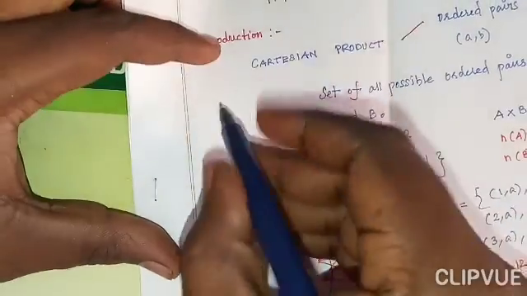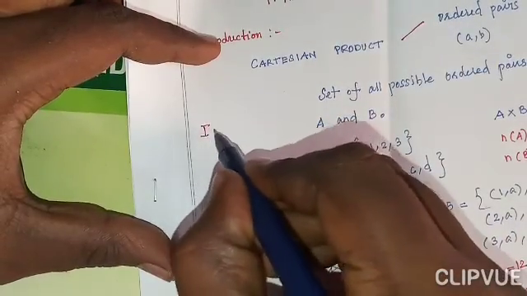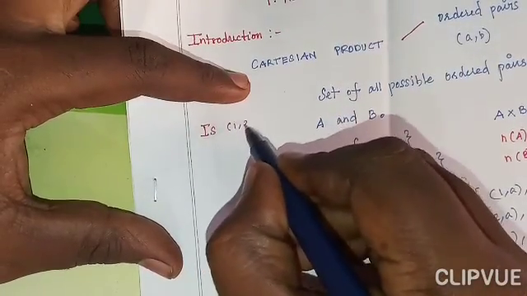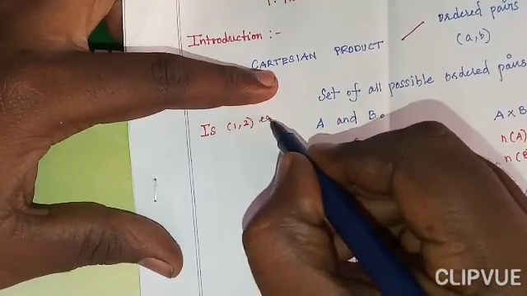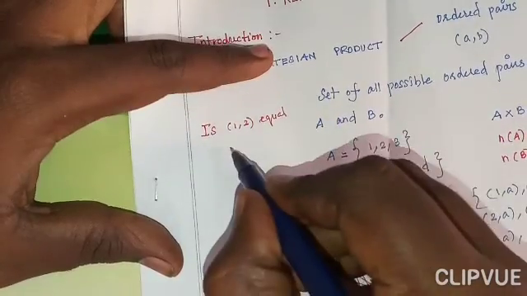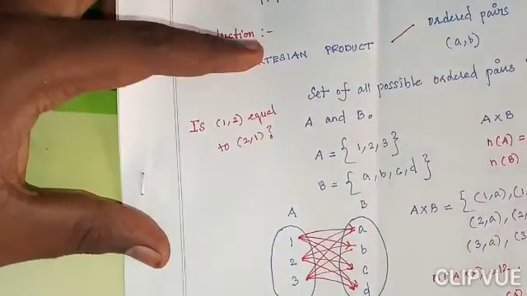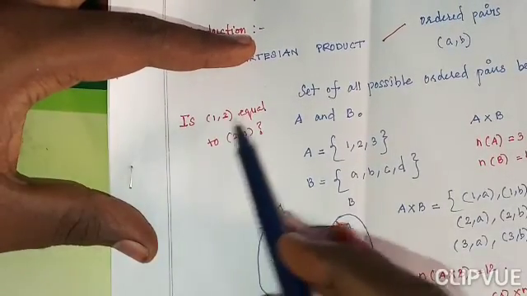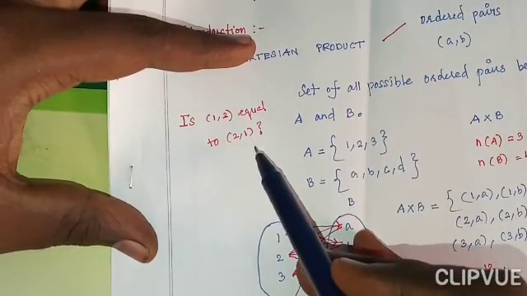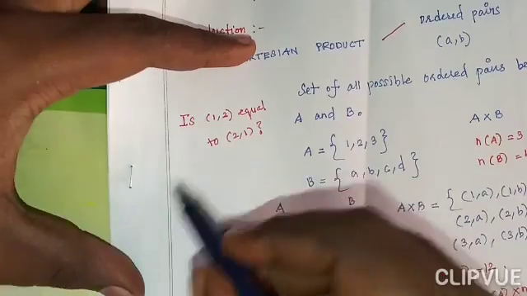I would like to ask one question. Is (1, 2) equal to (2, 1)? This is a question. Is (1, 2) equal to (2, 1)? No. So if you plot